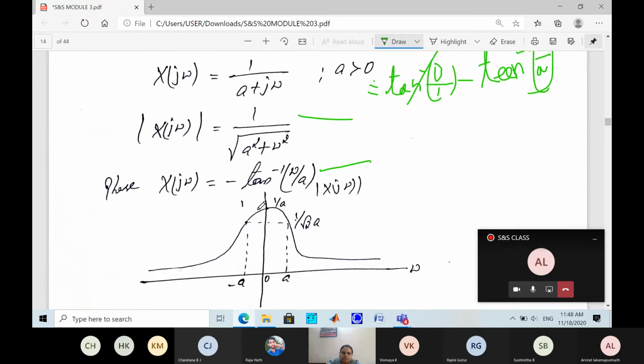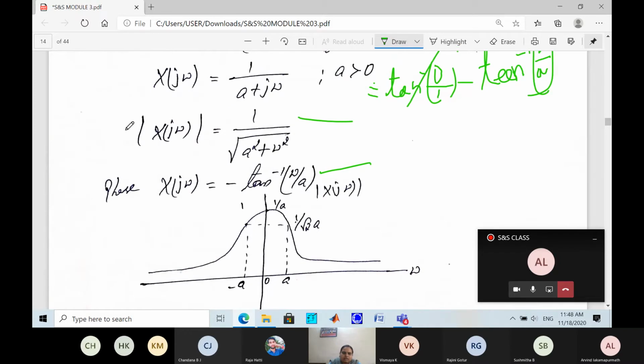After getting these two, we have to draw the signal for the magnitude and also for the phase. So you'll be getting the signal as, observe here, like this, from infinity to 0, and it is going to be down and it will be continuing. This is about the omega. How will you get the values of this? We have to substitute for a value and also for the omega value.